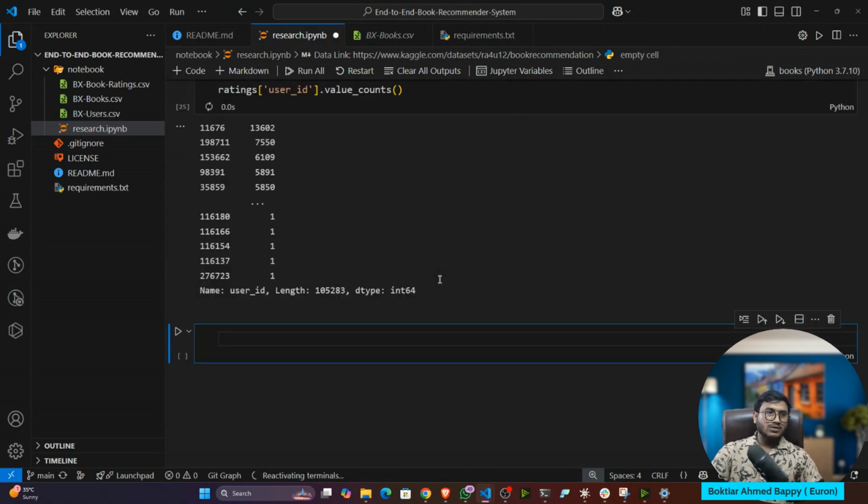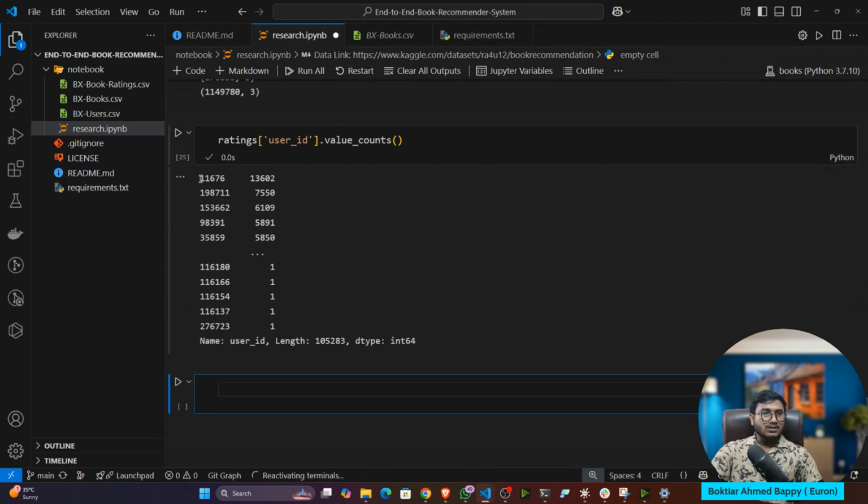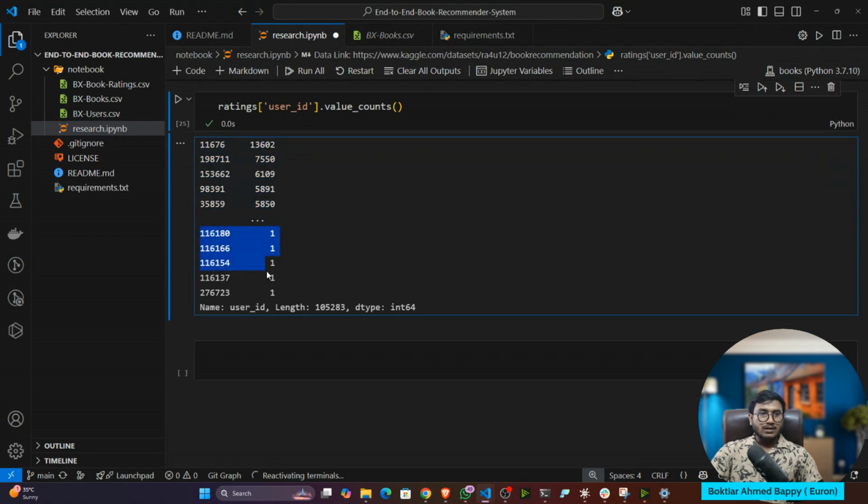Now if I do the value counts operation, you can see this is the user, and he's occurring that many times. That means this particular person reads a lot of books. Different books he has actually read. That's why this count is coming that high. Then this user, then this user, then this user. So I can say this user is kind of a bookish person, and there are some users like us who only read one time, okay, you can see.